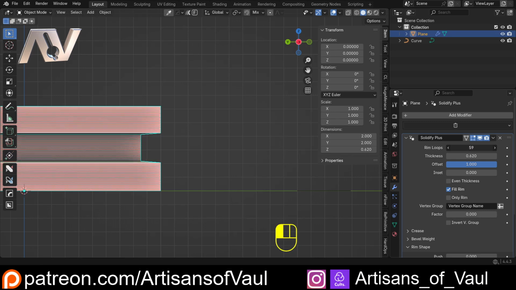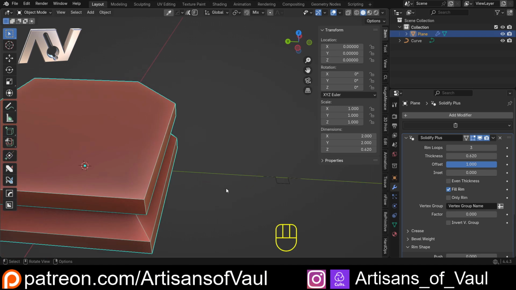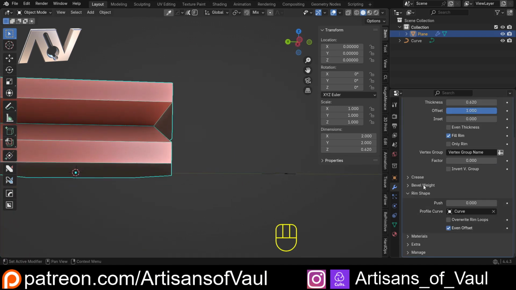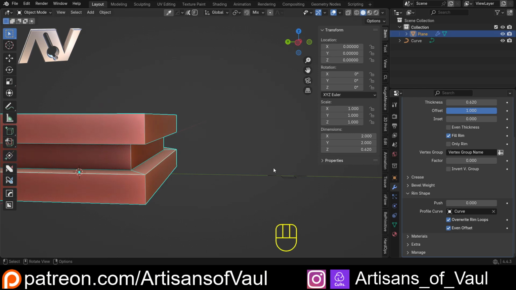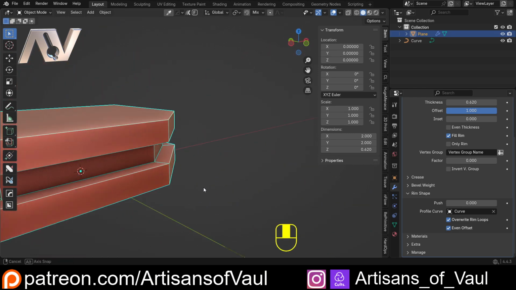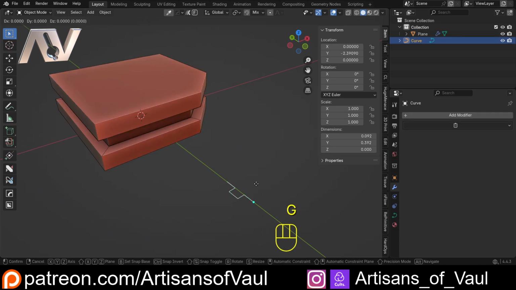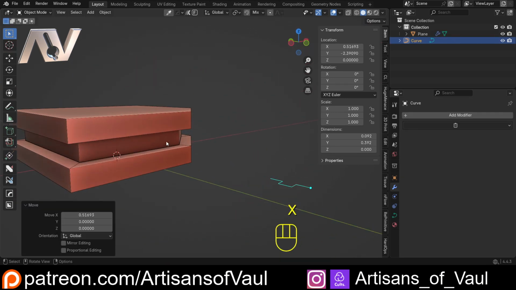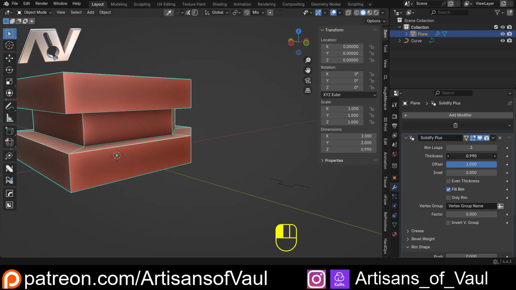Now we could up our edge loops there to make this a little bit more clear, or have it less, so you could actually get to the point where you've got something like that, even though that's not quite the shape just because there's not enough edge loops. Or you can overwrite the rim loops with the number of edge loops you need. So this works perfectly. If you do that, you don't need to fiddle around with things, and it's thoughts like that that really count. I'm just going to G and then X and bring that off to the side. So this is really fancy, and obviously we can just change our thickness and this will work proportionally with it,